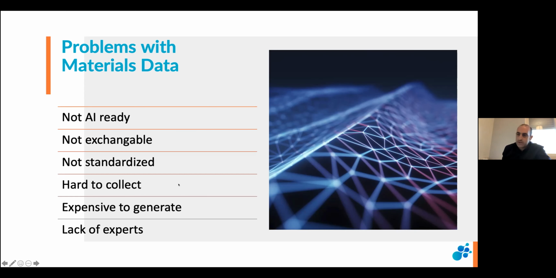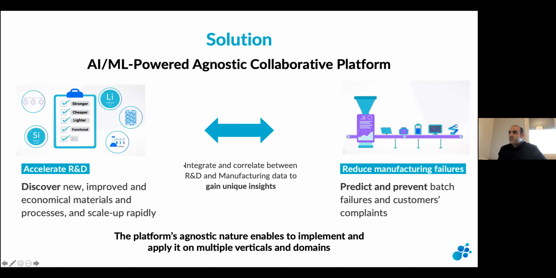We also extend it a little bit to manufacturing, where we involve process engineers at a later stage of the process. And this is really a critical part of the platform. So Materials Zone is an AI/ML powered agnostic collaborative platform. On the left side, it covers accelerated research and development.